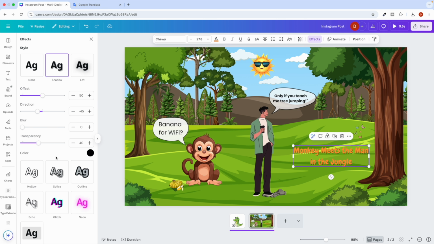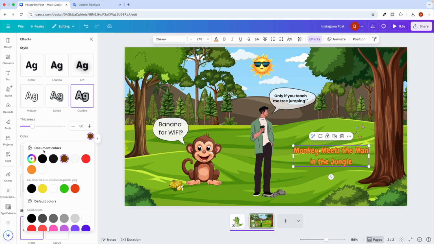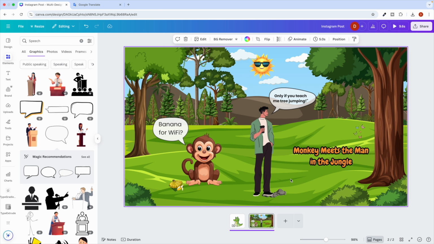Now let's say I can even add this outline as well. If you select the outline, make it, let's say, black, and you can see it's looking better. And I can just increase it. Monkey meets the man in the jungle. Okay, like this. Awesome. You can just do that, and you can see the text is now looking perfect,